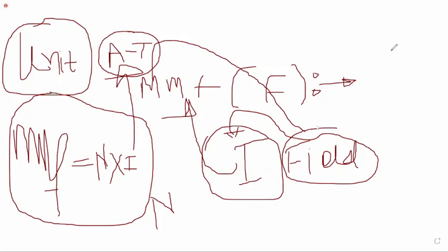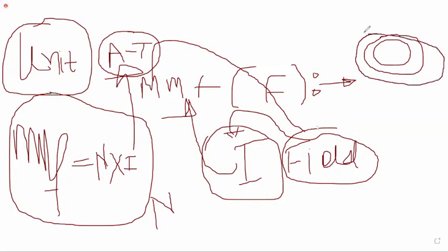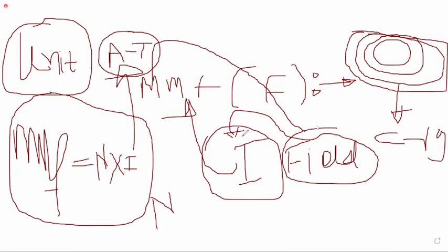Tends to drive the magnetic flux in the magnetic circuit means what? It generates the magnetic flux like this: the single line of force, then the second line of force, then the third line of force, then the fourth line of force. Like this, the magnetic field lines generate. Okay. So when MMF is there, then magnetic field lines generate. And what is the formula for the MMF? N into I, the number of turns of the coil into the current flowing in the coil. Due to that, the magnetic force generates, and then magnetic field lines generate.